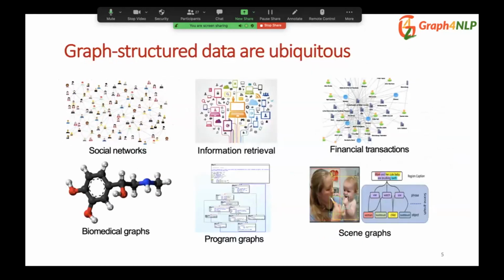Okay, so as you can see here, graph-structured data is essentially everywhere nowadays, ranging from social networks to the internet. All of this is naturally represented as a graph. In information retrieval, like search engines or recommendation systems, everyone is wrapped in a social network. And even in the financial domain, people are widely using graph analysis for the anti-money laundering